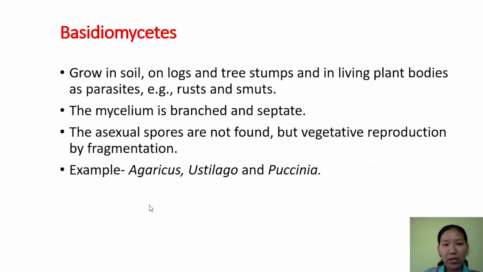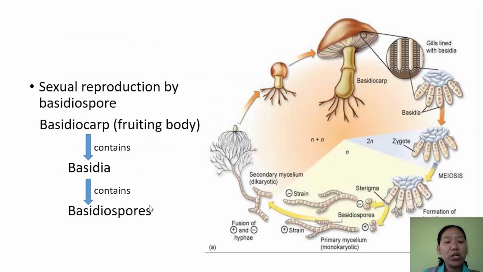Next is basidiomycetes. Basidiomycetes grow in soil, on logs, tree stems, and in living plant bodies as parasites. For example, rusts and smuts. The mycelium is branched and septate. Asexual spores are not found, but vegetative reproduction takes place by fragmentation. Some examples are Agaricus, Ustilago and Puccinia. Looking at the reproduction,